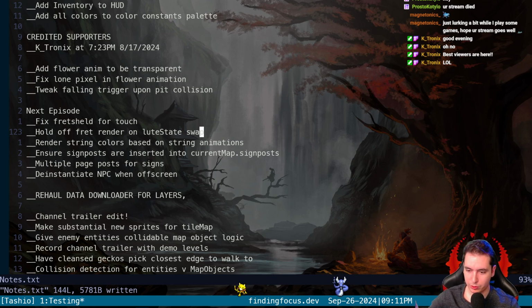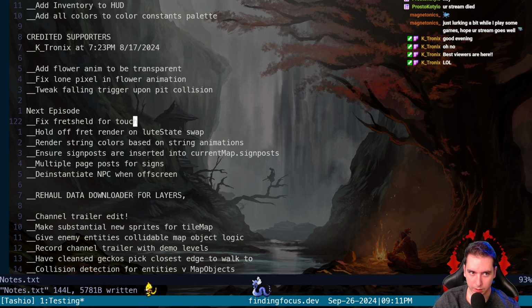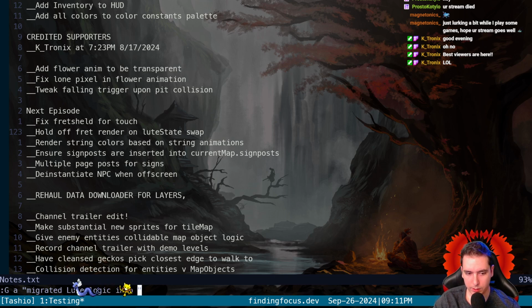So I just want to make sure you have to let go of the button to toggle you into the Lute state before the frets held on button B will trigger the little animation for you to hold down the fret. So that's like a little nuance thing in there that I want to fix. And then I think we can commit, and we'll say that we migrated Lute logic into its own class and nearly died trying.